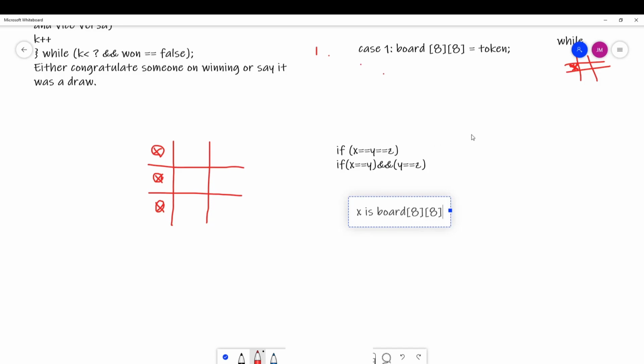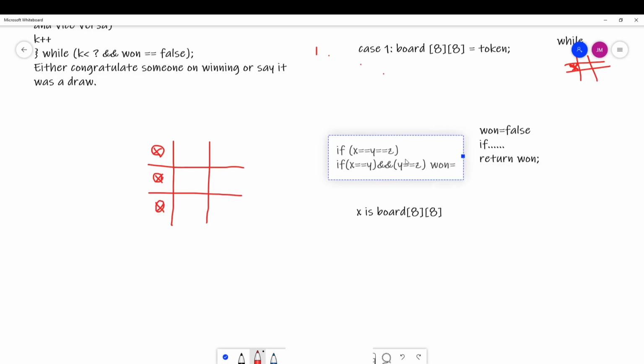you will start out your method with one equals false. You will go into some ifs and you will return the value of your Boolean. You can call your Boolean something else, it doesn't matter. But with these ifs, if this is true and this is true, then you make your